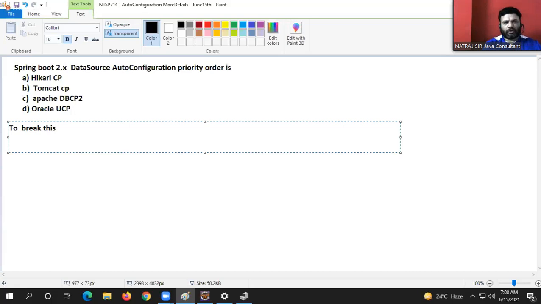To break this priority order or algorithm, and to make our choice data source class directly participate in auto configuration,